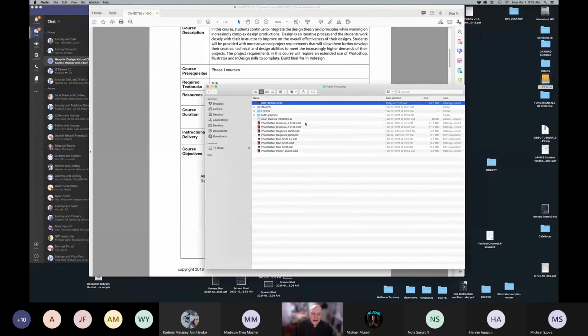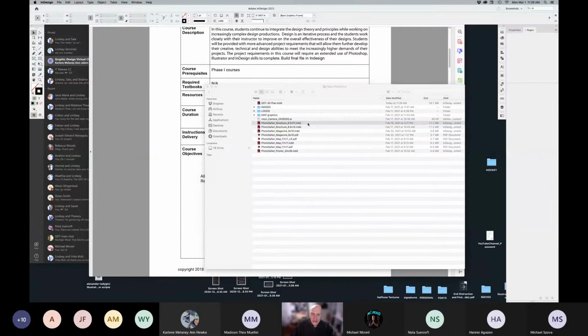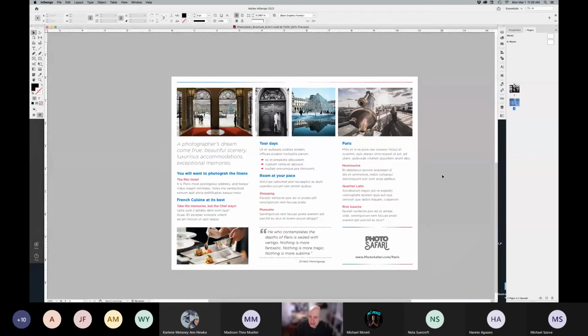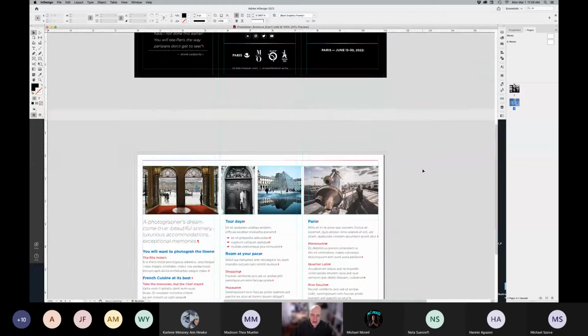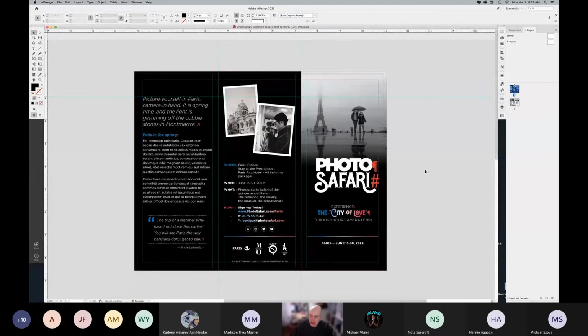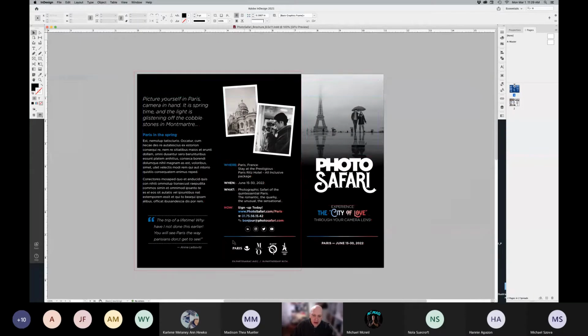And then I have started with the brochure, 8.5 by 11, because my images are high res. So I started a 3-panel brochure, just like the end of the InDesign final project. It's the same concept. It's a 3-panel brochure with a front and back cover, and inside front, inside back. So here, I've already created a bit of a visual language. So remember, there was the Safari logo, a little bit of French colors, the blue, white, and red. Lots of black. The client requested that, and